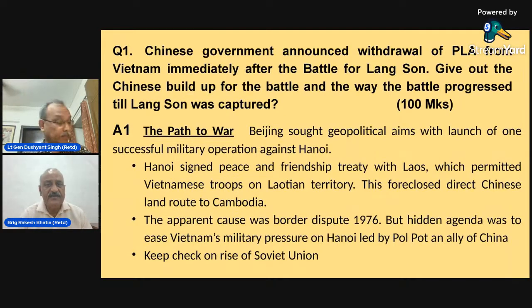First question is: the Chinese government announced withdrawal of PLA immediately after the Battle of Lang Son. Give out the Chinese build-up for the battle and the way the battle progressed till Lang Son was captured. Please remember, Lang Son was captured in phase 2. So he is expecting you to answer the preparations as well as phase 1 in brief, and Lang Son. These are, in fact, the major battles which happened during 1979. So for 100 marks, he is quickly asking everything. Sir, here I would like to add